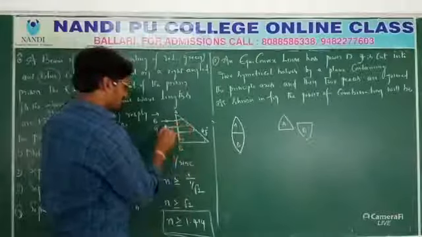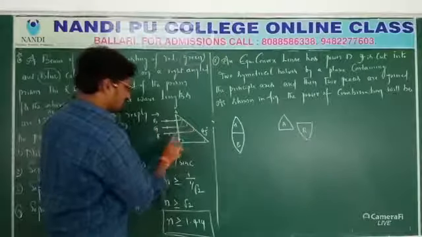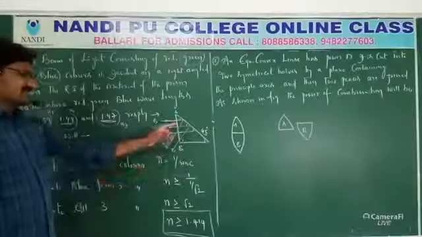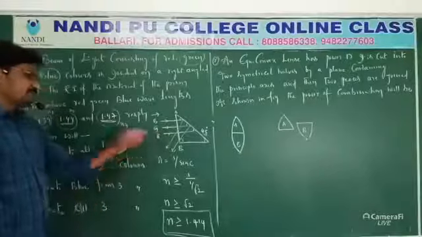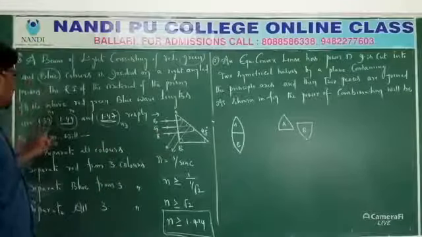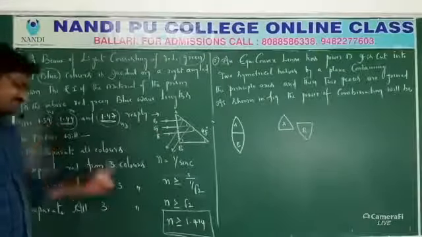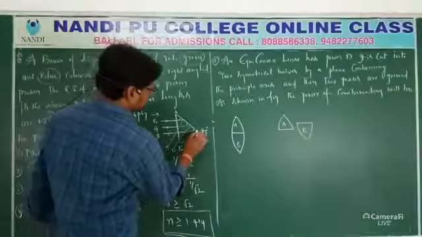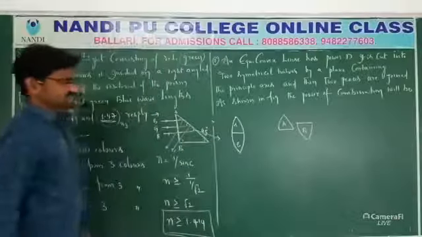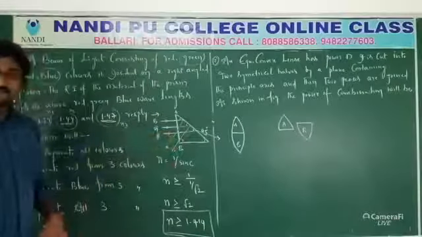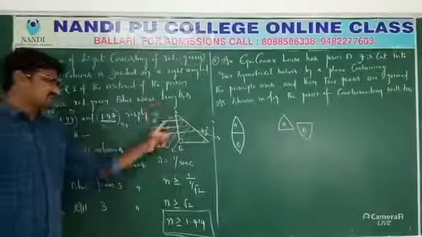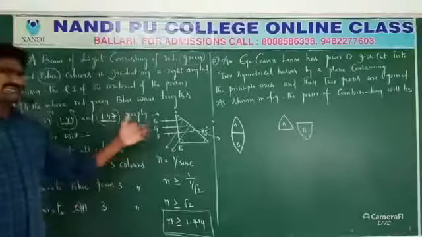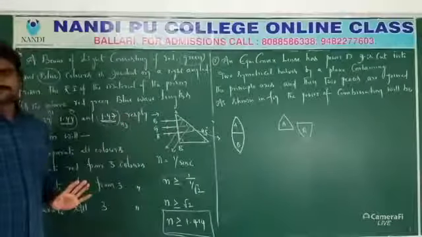This means the light will come back, because total internal reflection is happening. But the red color is how much? 1.39. Its N value is less than the required value, so the red color will deviate, in the sense it will go out. So which color is separating from the 3 colors? Red color is separating from the 2 colors. Hope you understand. Whatever colors they might ask, you can do the same.